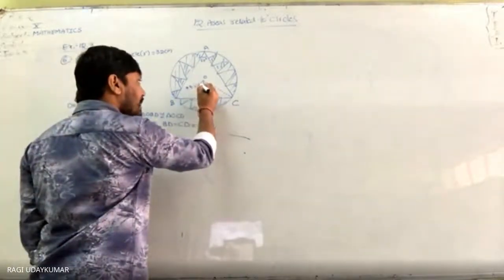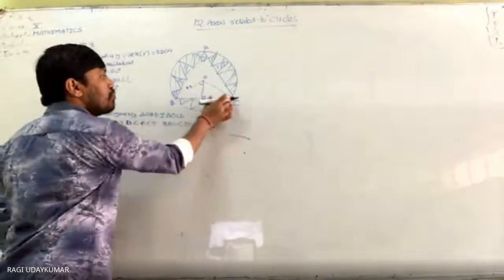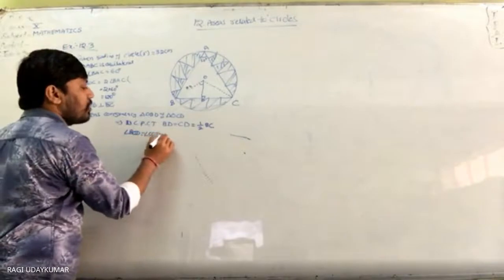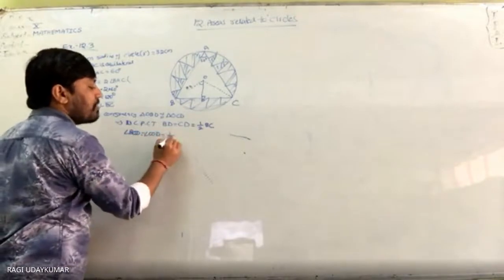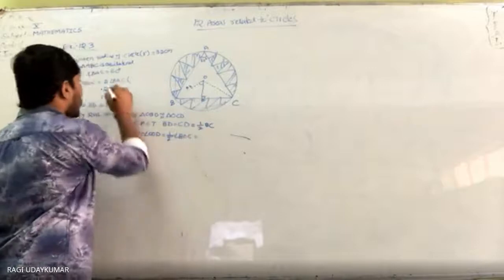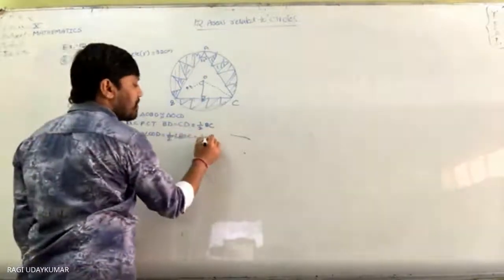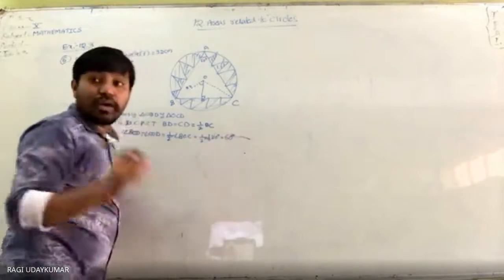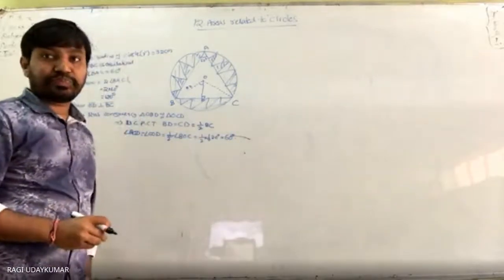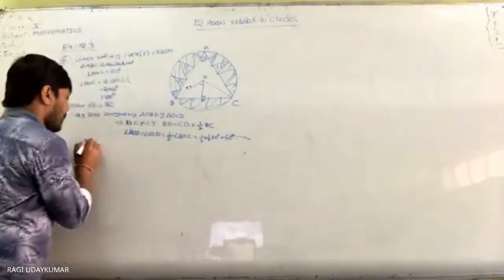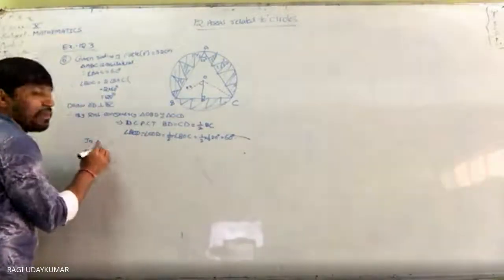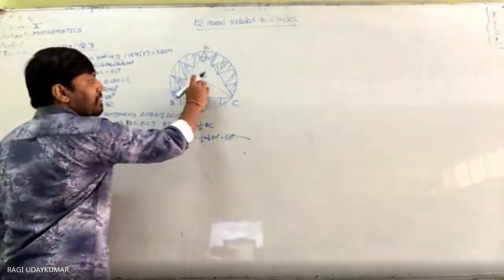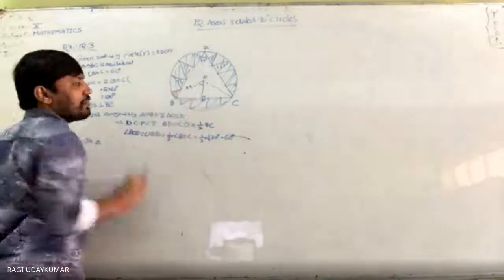To find it, these two parts are equal, and angle BOD is equal to angle COD, which is equal to half of angle BOC. What did we get for BOC? 120. So half of 120 is nothing but 60 degrees. So with 60 degrees in the right triangle, one side and one angle are with us, and the other side you can find out.